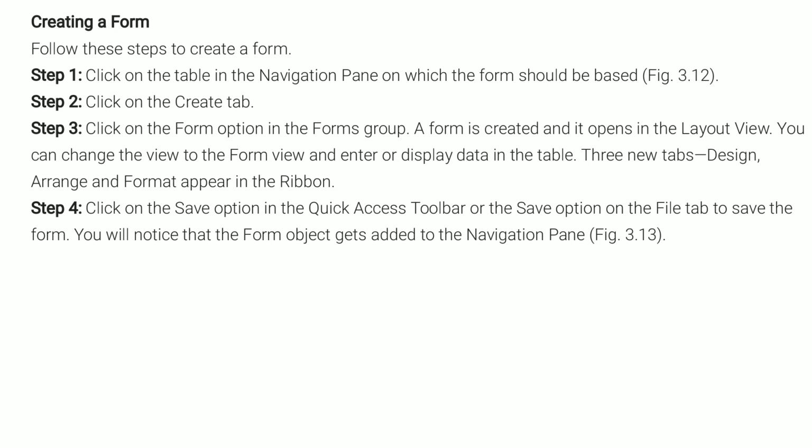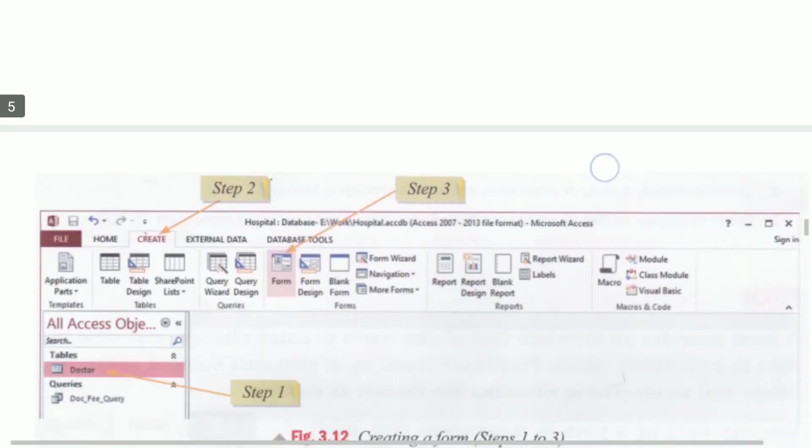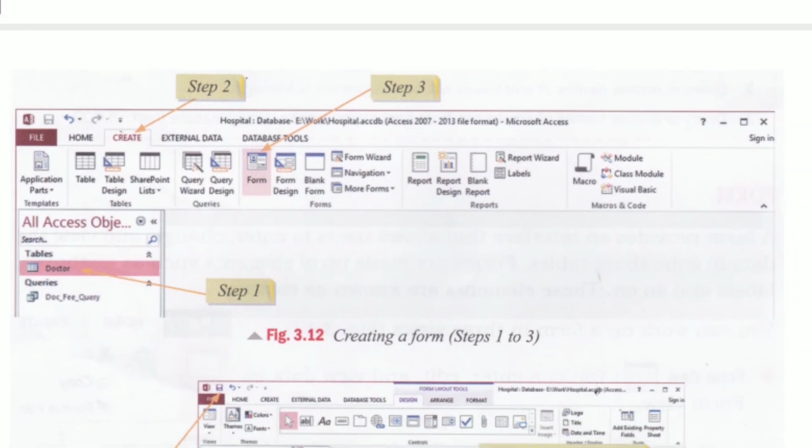For creating a form, we have to follow some steps, as you can see on the screen. Just look at this picture on the screen. Creating a form. First step, first of all, we have to create a table. If a table is created already, after opening the database, we have to click on the table name, as indicated by step 1 on the figure. On the left side there is the navigation pane in which the table and other objects are situated. Here in the table section, we have to choose the table and click on the table name.